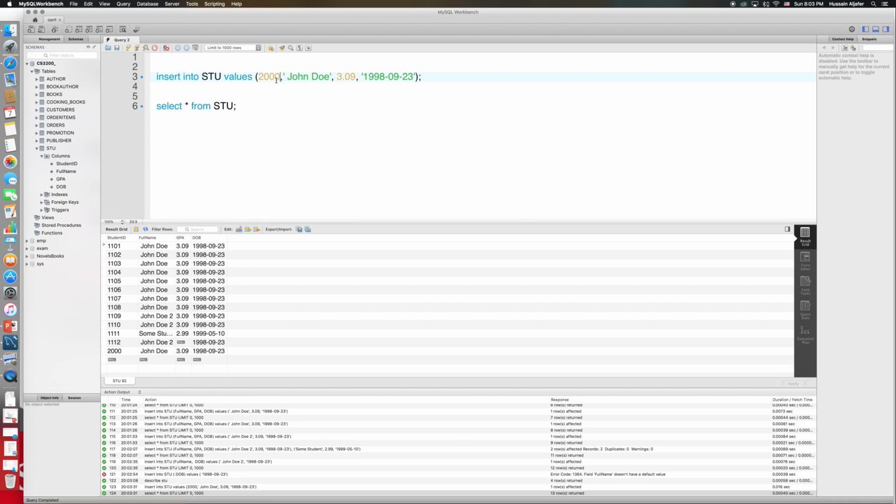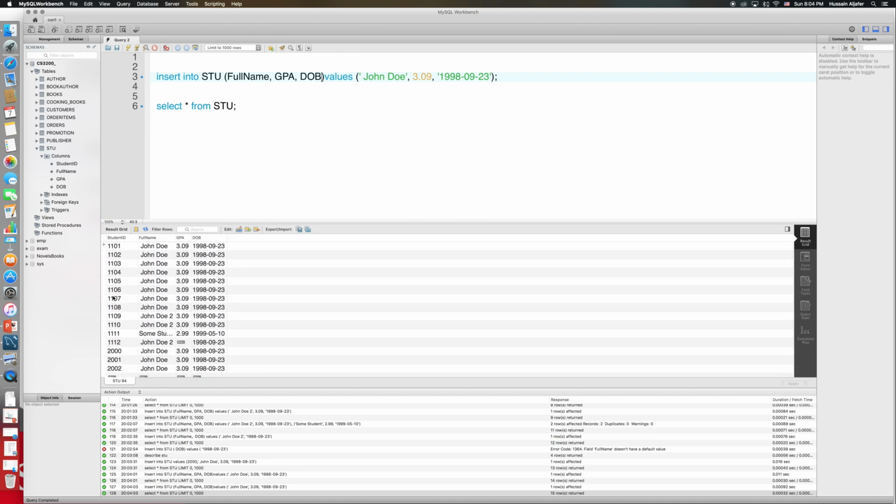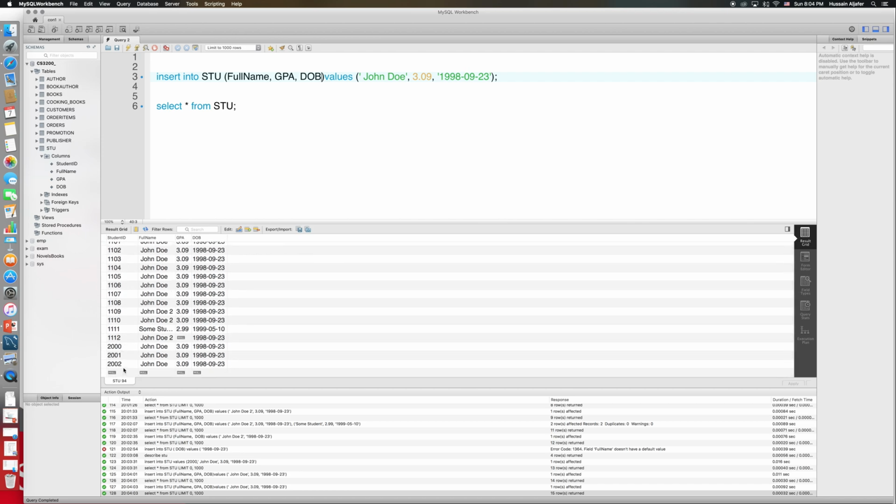Now, if I take all of these and go back and use the auto increment, it's going to start counting from which one? Let's see. Again, we said it's going to count from the last one. So full name, and then GPA, and then DOB. Now if you do this, see, it checks the last one and starts incrementing from that last one. Again, you can insert manually and then change the count from there. And this is how you insert